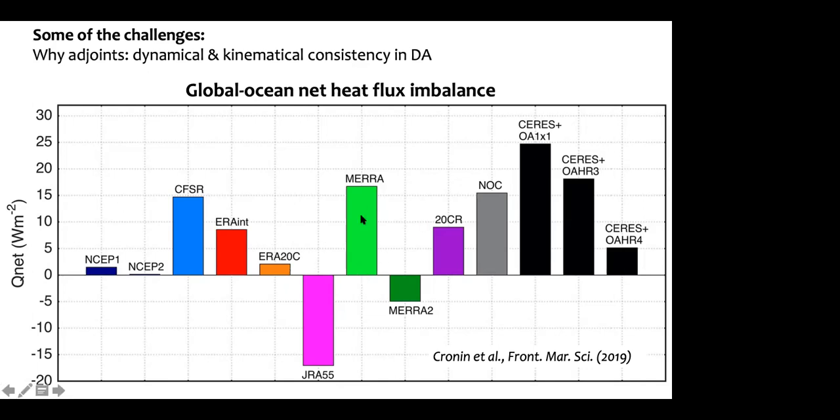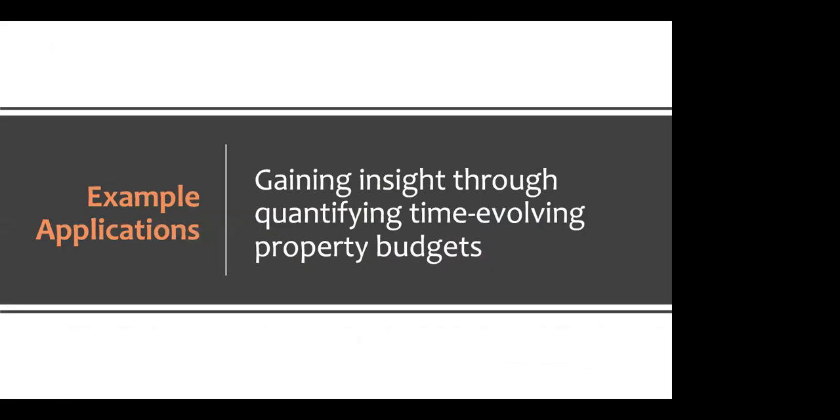So, it's clear that the reason why that is the case is exactly that they violate properties through these analysis increments. So just this one really important distinguishing feature between ECCO as a smoother-based reanalysis product and filter-based methods. I'd like to switch gears here and go into one science application that we can do with ECCO,